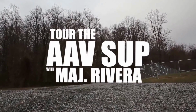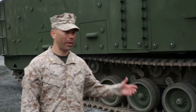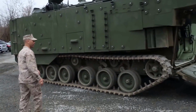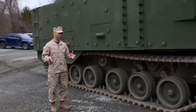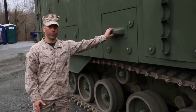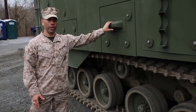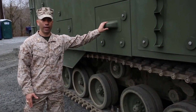I'm Major Paul Rivera. I'm the AAV Survivability Upgrade Project Team Lead. What we have behind here is the SU itself. What I'll focus in on here is we have the force protection upgrade, which is the foundation of this actual platform. So what we've done is we've replaced the armor and brought in buoyant ceramic armor that serves two purposes. One, to bring back that reserve buoyancy,